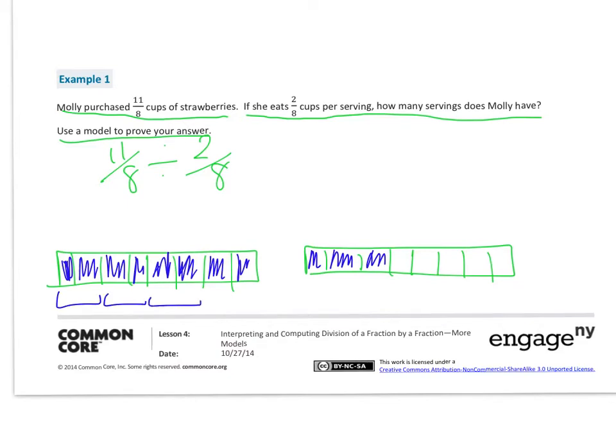go into it. Okay, so there I've got 4 2/8, and then 5, and then uh-oh, I got this little guy left over. So I have 1/8 left over, but I wanted groups of 2/8. Okay, and then how many groups did I have? I had 1, 2, 3, 4, 5. So our answer,